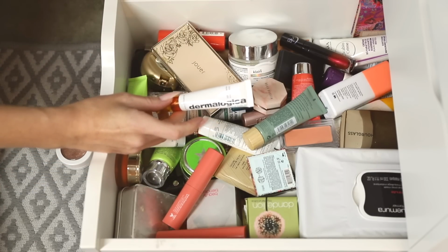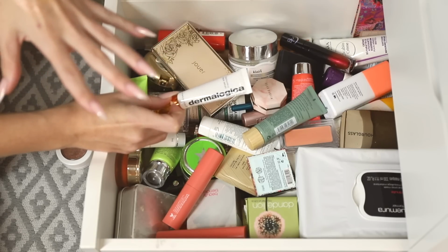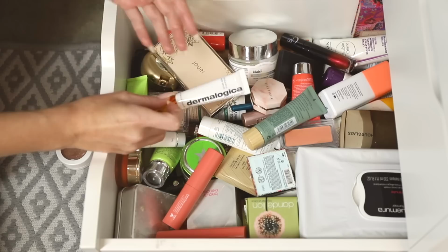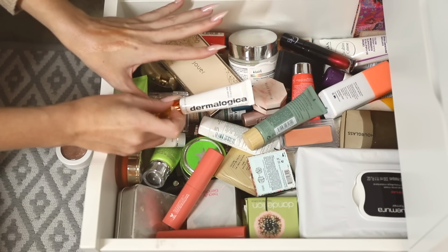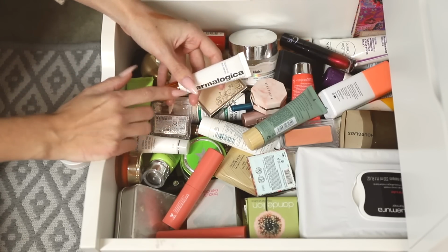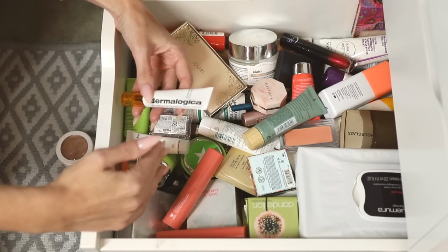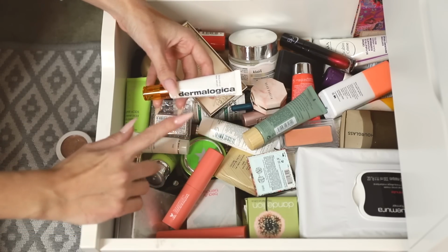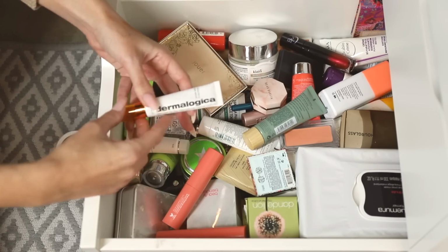Dermalogica. This is a Biolumin C eye serum. This one, look, some of you will know I struggle a little bit with vitamin C products. A lot of the time I have a really bad skin reaction, and it's not something I really want to do to myself again and again and again. This is not bad. I can use it for a while, but if I use it for long periods, like every morning and every night for a couple of weeks, I do start to get irritation around my eyes. So I decided that I don't want this to be like a periodical product that I use,